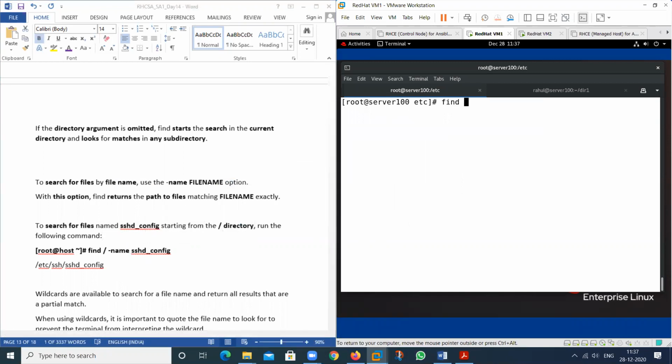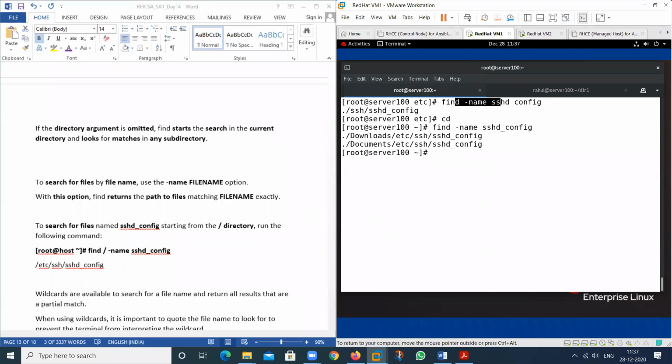So we use the find command. If I want to search a file whose name starts with sshd_config, see, at this time, what is the result? You can see the result because this particular file is contained in this particular location. So I am not providing the location, but in this command, see here, this provides the location, that is slash. If I move this location, then see the result, there is no result.